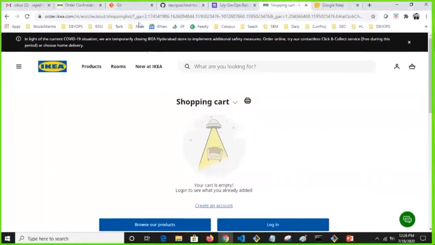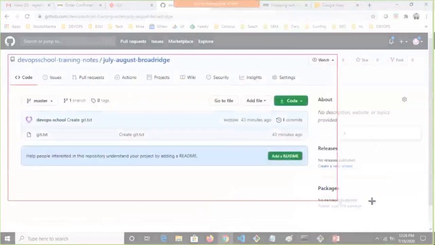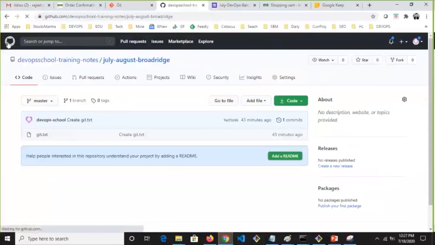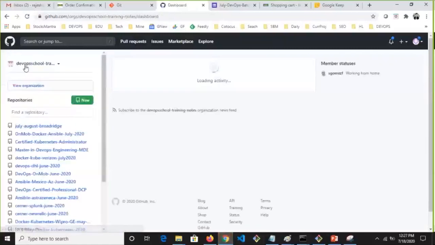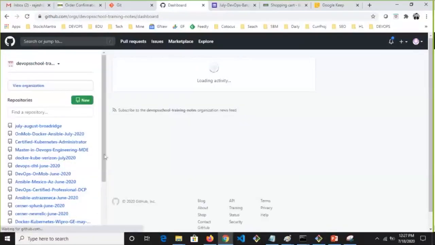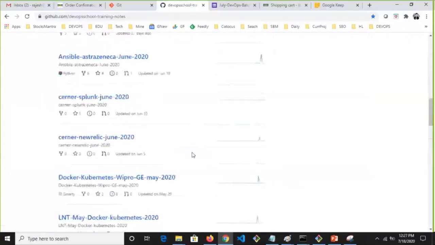Window is not getting minimized. See here, they are giving the rich UI. You see whatever you want. You see that there are so many features here. You go and check this, learn about this. Issue tracking, wiki integration, security related, settings related, project related, and the ability to manage multiple organizations. See here, I have created so many organizations. Look at this. These are the organizations. In each organization, you create a project, a team, this, that. So many options are there. See your packages, people, teams, projects, settings. So many repositories I'm managing right now.